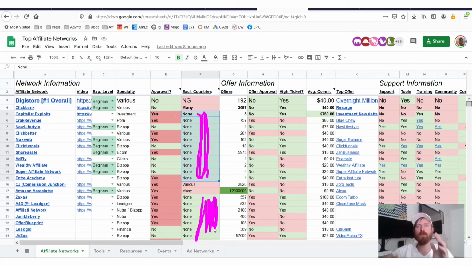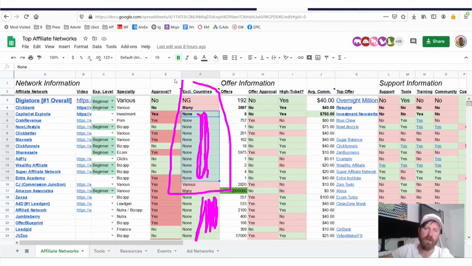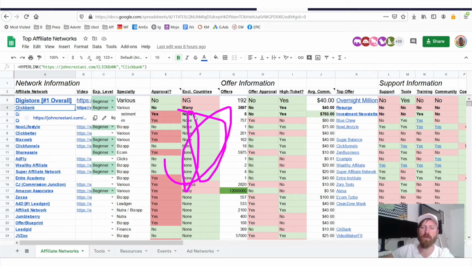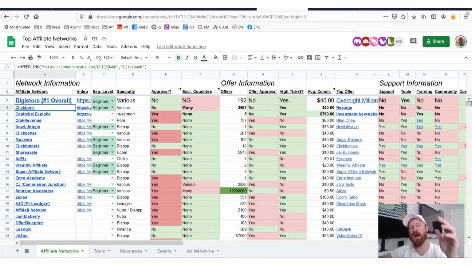I've literally blocked the word India and the word Sri Lanka on my channel because so many Indians and Sri Lankans ask me, does this work in my country? I have it right here, excluded countries. None for most networks. ClickBank and Digistore do exclude Sri Lanka and India, I believe. These other ones don't, so just stop asking me.